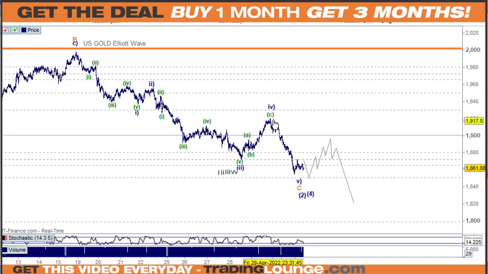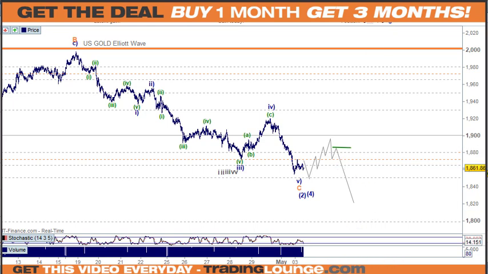Here pulling back up nicely right onto the 38.2% retracement level here, and then moving down into this, the 1850 was roughly our target area. So even when we do land here, and we'll have a look at the wave count in this in a moment, when we do land in here, we would need to see an impulse wave to the upside to help us confirm, and then we can go long above that point there.